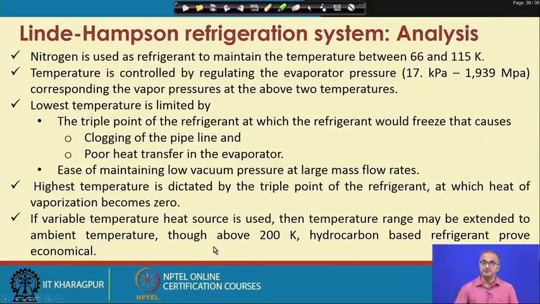And then if we do that, then perhaps we can increase the range of our refrigeration temperature. But in this, if we are using nitrogen, generally 200 K is taken to be the limit, and if we want a higher temperature than 200 K, then we use other kinds of refrigerants which are based on hydrocarbons like freons, and perhaps you know that there are also some environmental issues in using this kind of freons.